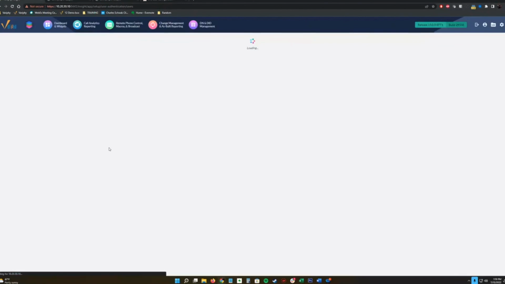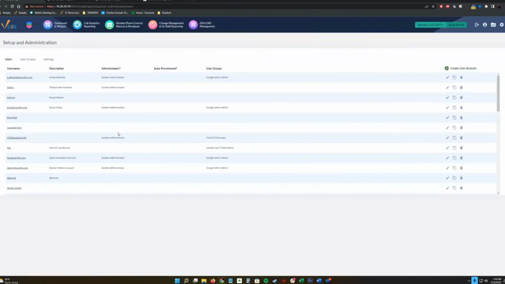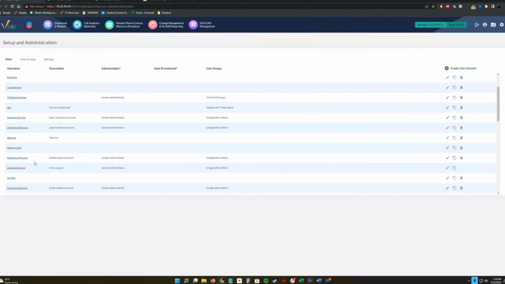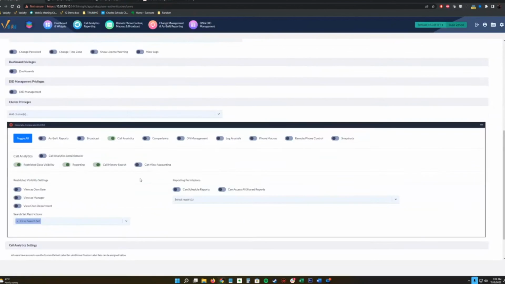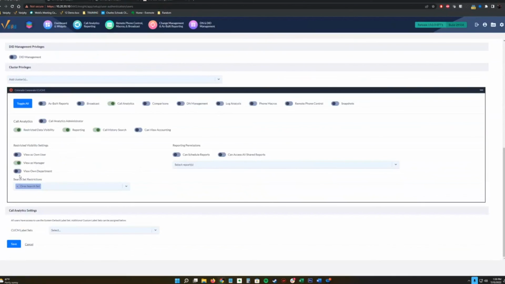I just wanted to know, referring to the department before, where did you select it? You really don't select it if you're using restrictions. I believe one of the options is view as department. Yeah, view own department, and that would be pulled from whatever department you're in, Call Manager or AD.